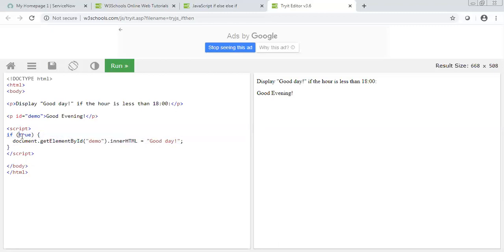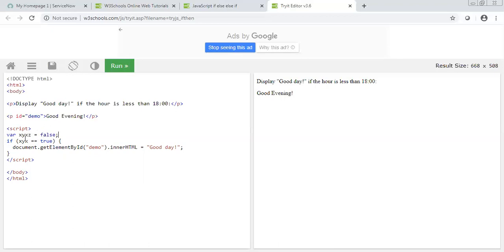If you say xyz, anything you take, if xyz is equal to true, and this condition is satisfied, then it will go inside this block. Whatever is written in these curly braces will be executed if this condition is met.